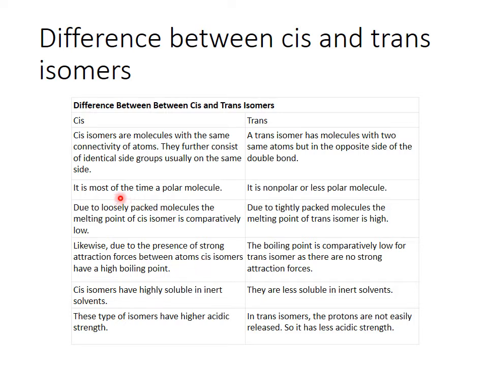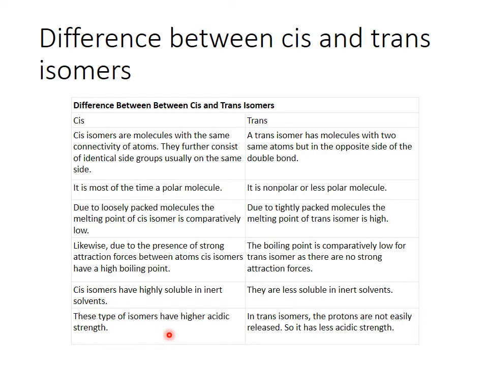However, when we are coming to the force of attraction and boiling point, since cis isomer is polar, in most of the cases they will be having higher boiling point and stronger attractive forces. So this strong attractive force itself is the reason for higher boiling point. But in the case of trans, the boiling point will be comparatively lower than the cis isomer since there is no strong attraction. And cis isomer will be highly soluble in inert solvents, and trans will be less soluble in